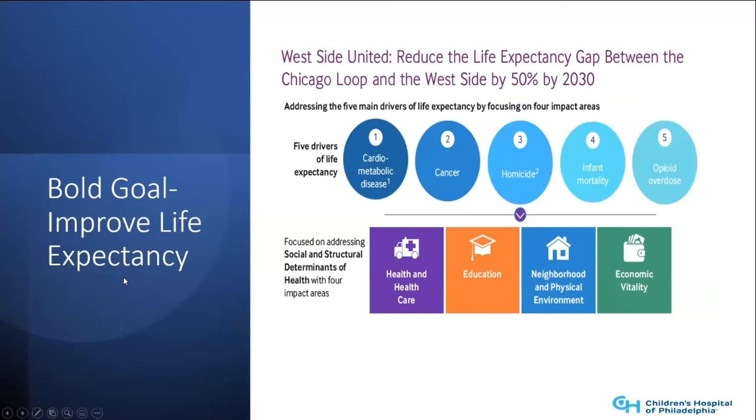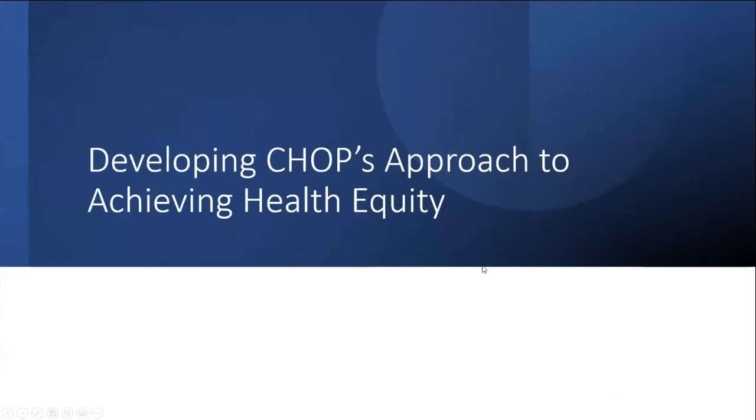So after all of this, their bold goal is to improve life expectancy. And Rush Memorial is primarily an adult hospital, but also has pediatrics. And so they wanted to reduce the life expectancy gap between the Chicago Loop and the West Side by 50% by 2030. So this is a really bold goal with very specifics there. And then they talked about the 5 main drivers and what social and structural determinants of health they were going to focus on. So this helps to inform us as we are starting to think about our Center for Health